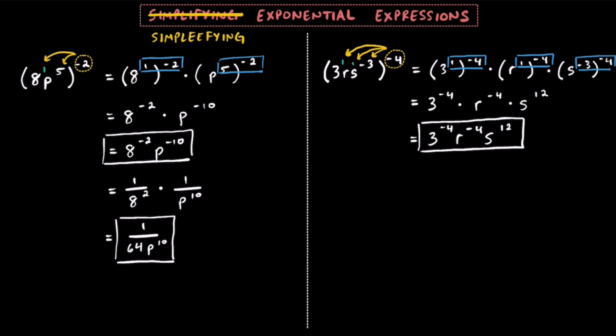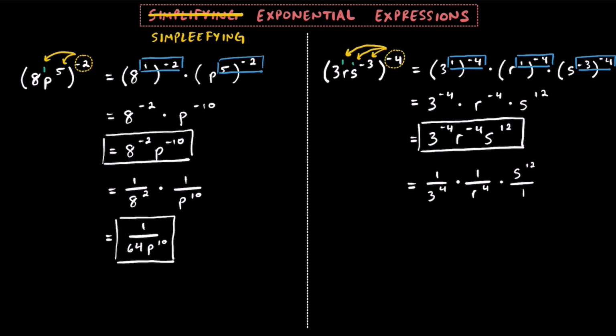Now, while that's writing the expression in most simplified form without using fraction bars, it does have negative exponents. So if you need to rewrite this using positive exponents, but you're allowed to use fraction bars, remember this 3 to the negative 4th power would be 1 over 3 to the positive 4th power. The r to the negative 4th power is the same thing as 1 over r to the positive 4th power,